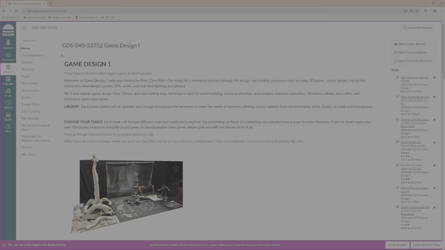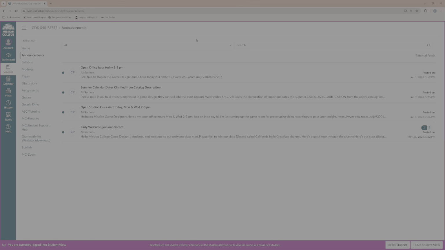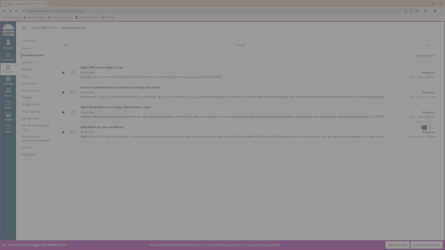The announcements is the next space. So I'll post the open office hours on the announcement just to reiterate. It should be the same link. The ID is 7287, let's see if this is going to work. Yeah, so it should be the same ID. So the same Zoom link should be good for all my open office hours throughout the semester.